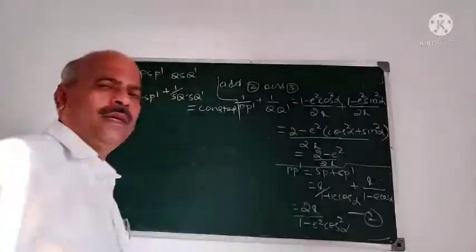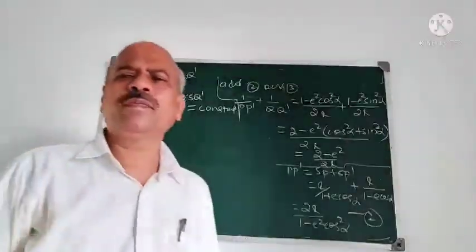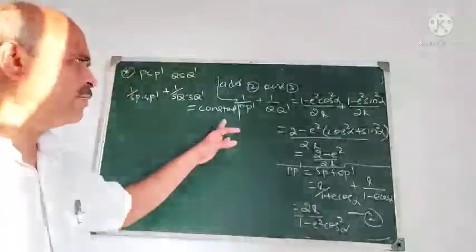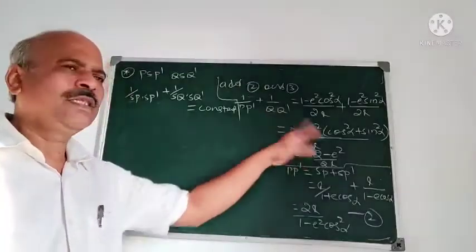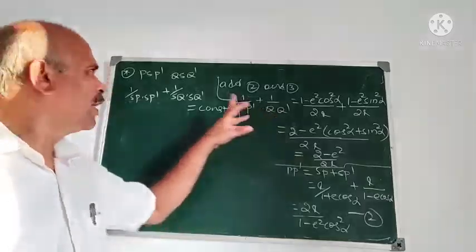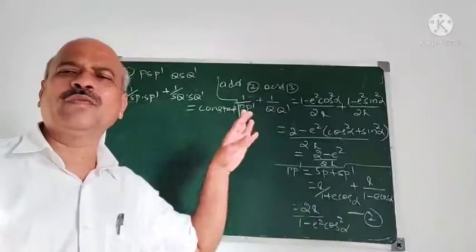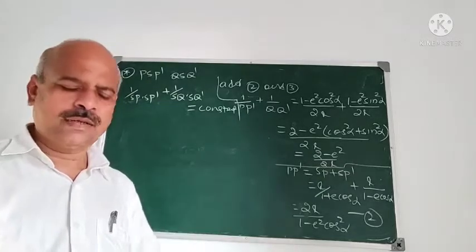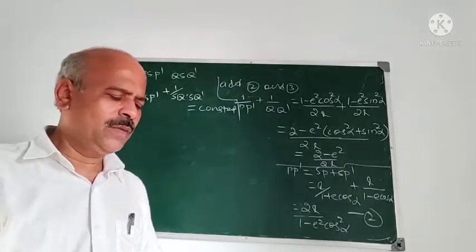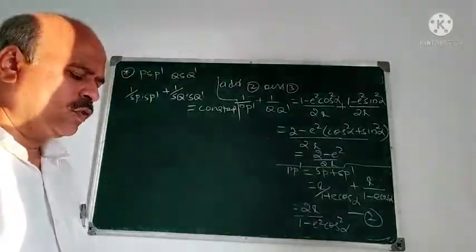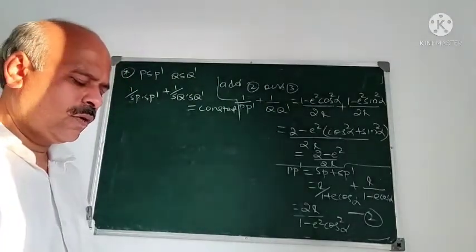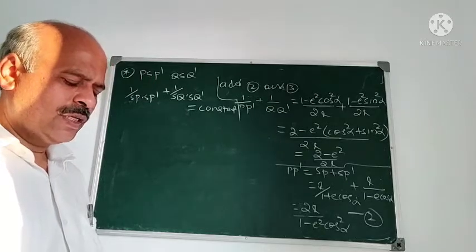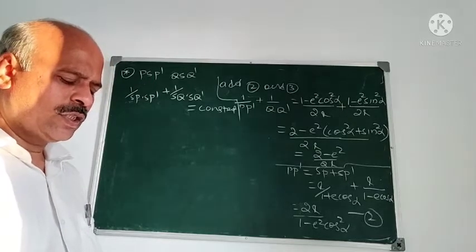The previous problem is now differently asked. Not the previous problem, but somewhat related to it. We have taken perpendicular chords only in the previous problem. Therefore, I directly refer to that figure. You go to that figure drawn in the previous problem. PSP dash, QSQ dash are two perpendicular focal chords of a conic. Prove that 1 upon SP into SP dash plus 1 upon SQ into SQ dash is constant.